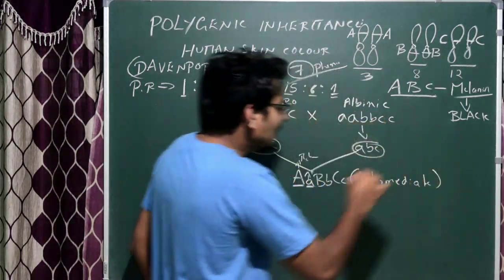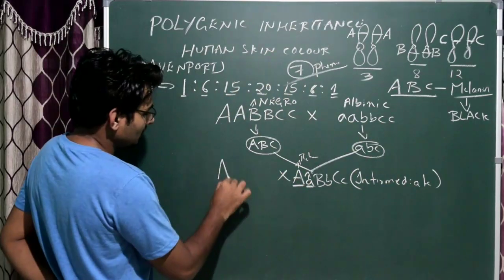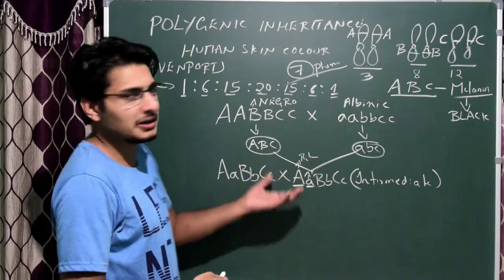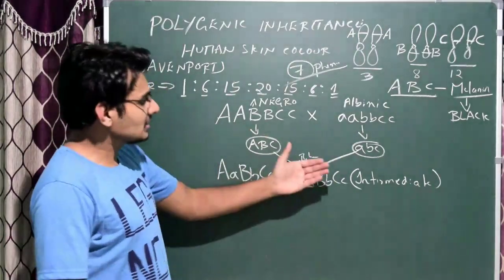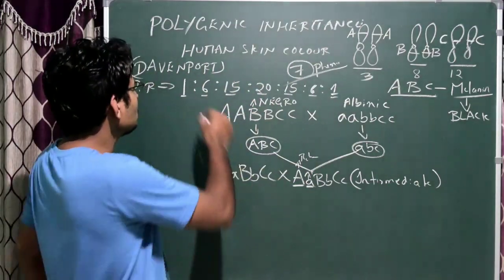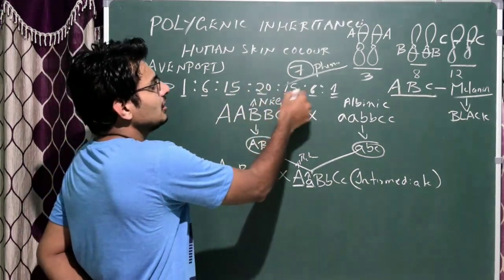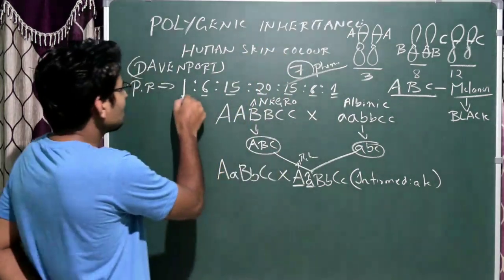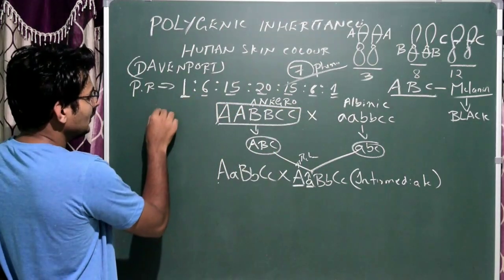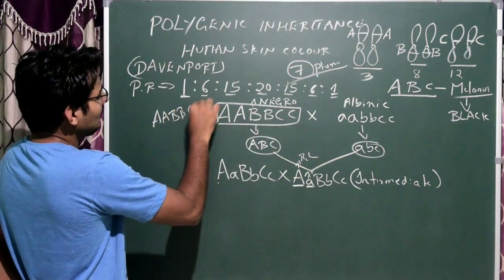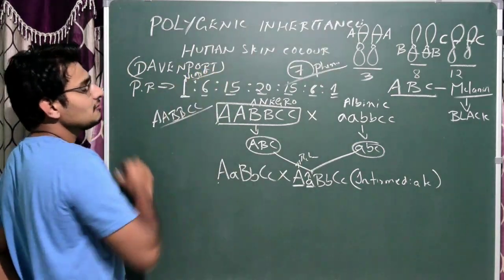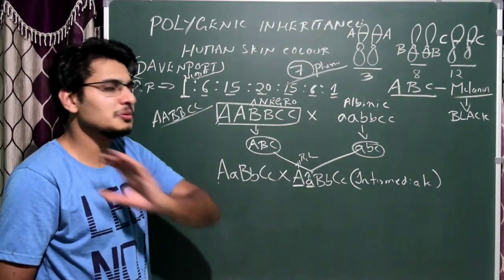Again actually the selfing, that is the basic thing. If you want to do it, you can do it, otherwise leave it, no issues. After selfing, a total of 7 different phenotypes were obtained. You could see here 1, 6, 15, 20, 15, 6 and 1, and the one which is normally this one will be AA, BB and CC. Obviously that means out of 64 offspring, one will be 100% Negro.